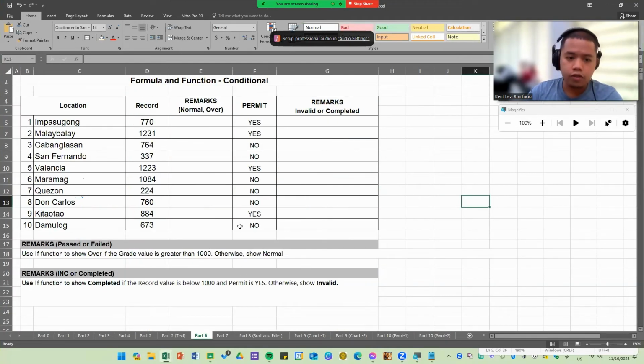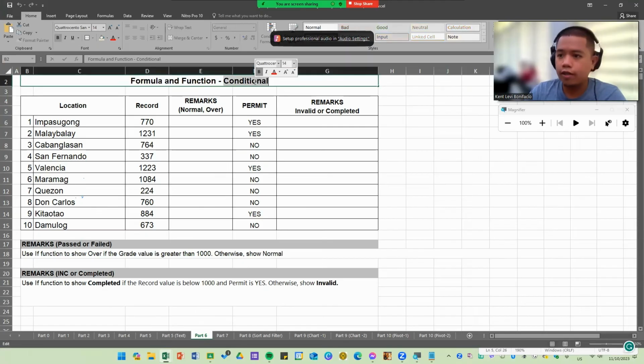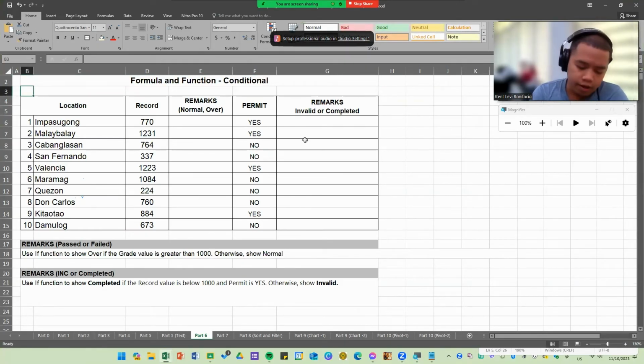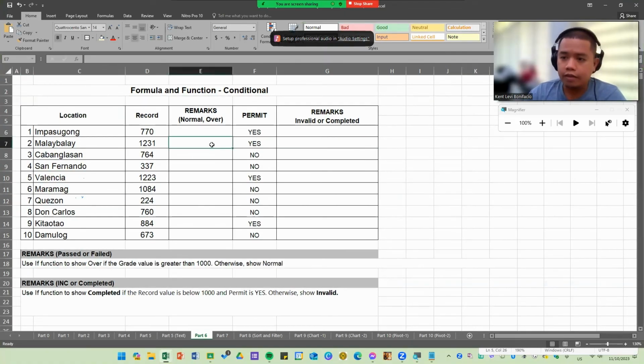The part 6 of this workbook is the formula and function still, pero we're dealing with conditional diode. So, unlike sa mga nag-atong na-perform ganina, which is mag-sum if, count if, average if. So, this one is different lang yapon siya. Although, same concept, conditional, but we're going to use a different function at the same time, different approach po na to ang panan. So, for problems like, we need to identify ano yung pwede na to nga i-provide niya remarks,